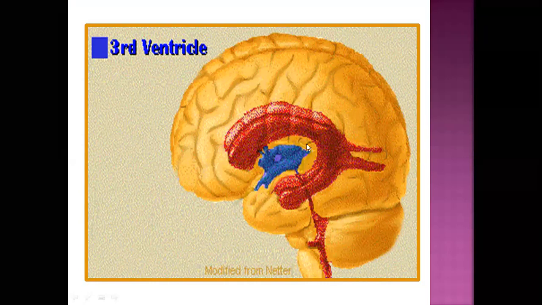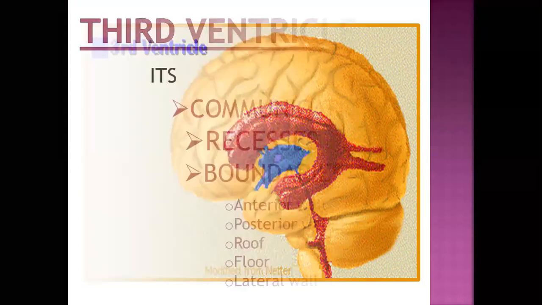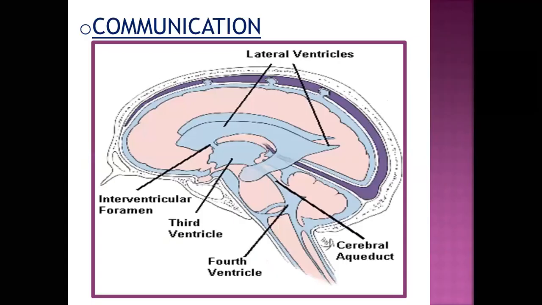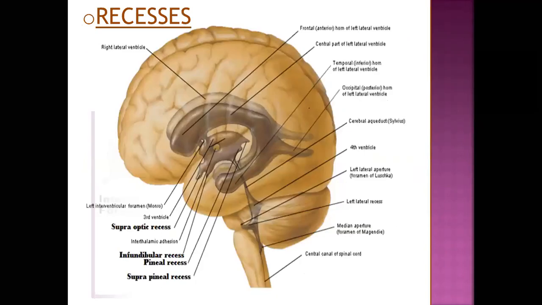You see, this is the lateral ventricle, the fourth ventricle. Now, from the right and left lateral ventricle, through the foramen of Monro, the CSF enters the third ventricle. So, the third ventricle has an anterior wall, posterior wall, roof, floor, and lateral wall. So, with this diagram, you can explain. See, this is the schematic diagram just for understanding.